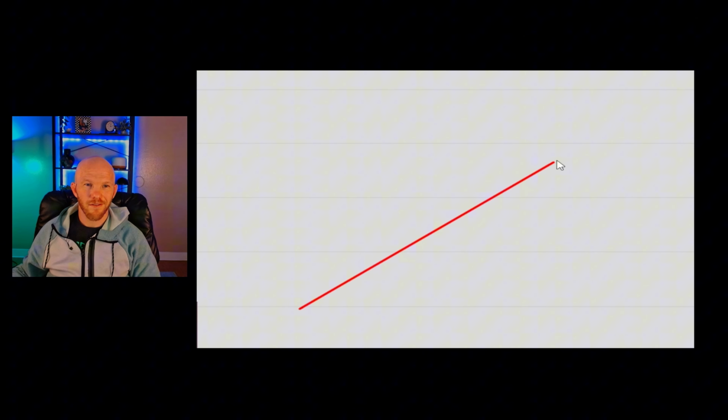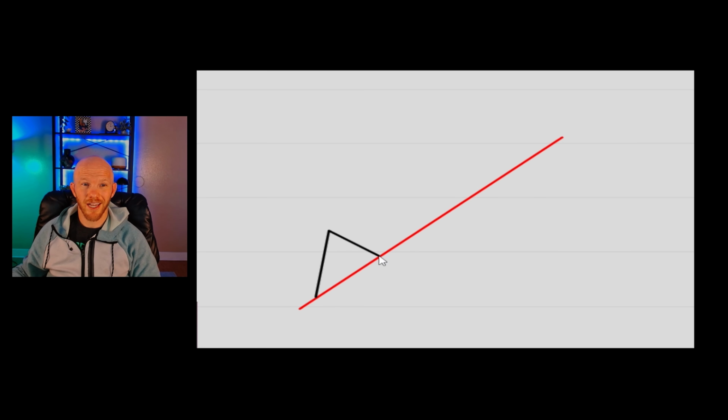Let's say you have an uptrend here. Most traders are watching the trend line very closely, and once they see a candle breaking out of the bottom, they immediately think, okay, this trend is over, this is the top, it's time to short, we're about to get a drop. But that's not really true. This is actually the point when you should be looking to buy.